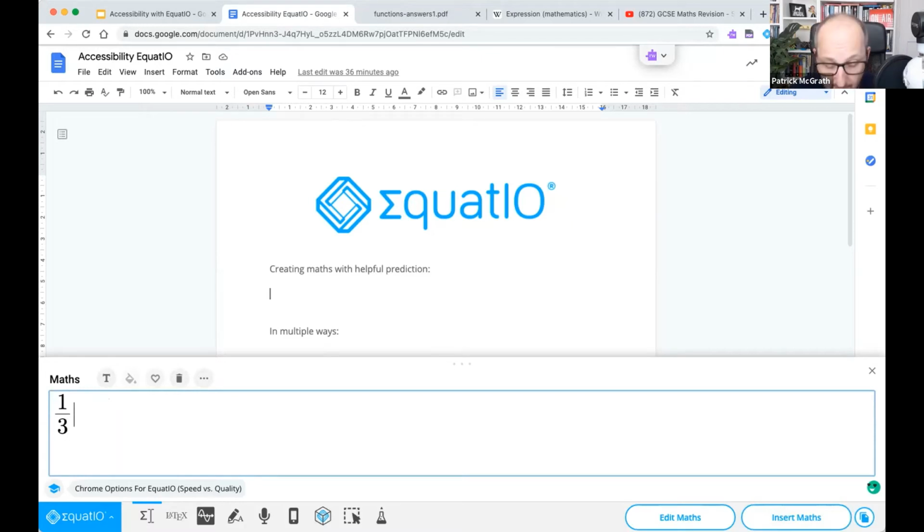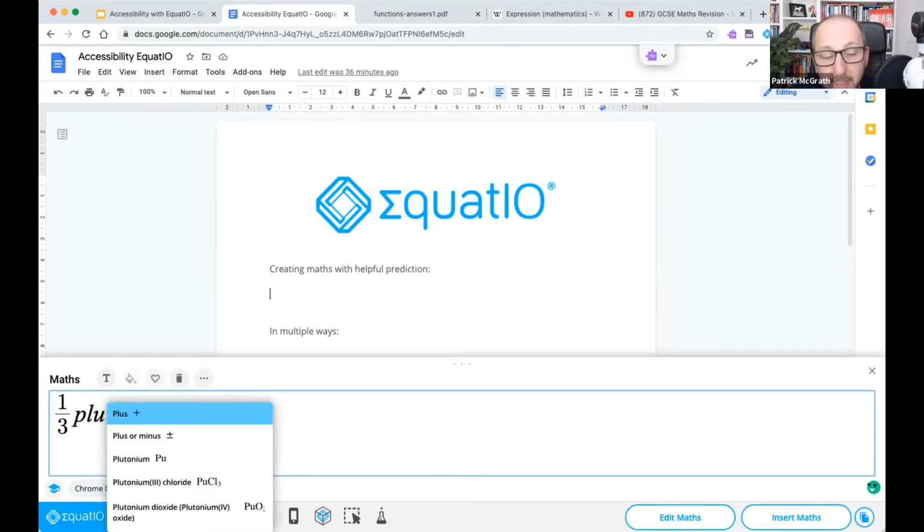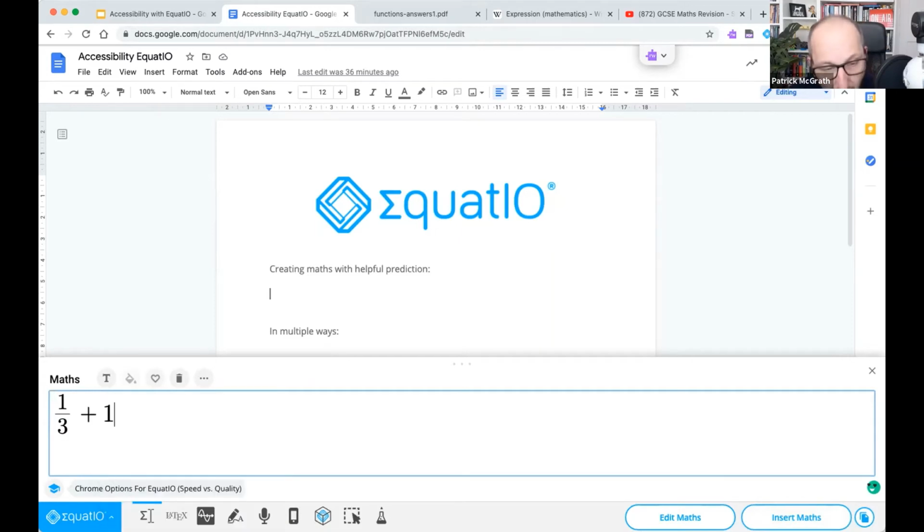I can go to one side and I can start to type the word plus because that's how I say it. And you'll see here that the predictive engine decides, you mean add or plus or whatever way we might say it. So there's plus, and perhaps I might actually say this is over. So I want to put a half in. So I could type that out as 1/2, ONEHALF, or I could type 1 and I need to start to speak it out loud so I know it's over 2. Okay, and if I then go to the next part of the maths, equals, I could press